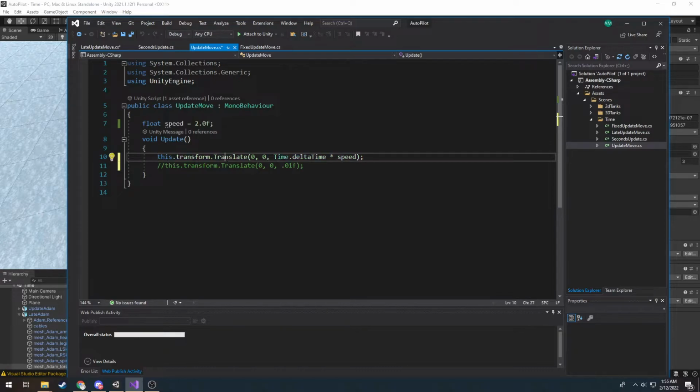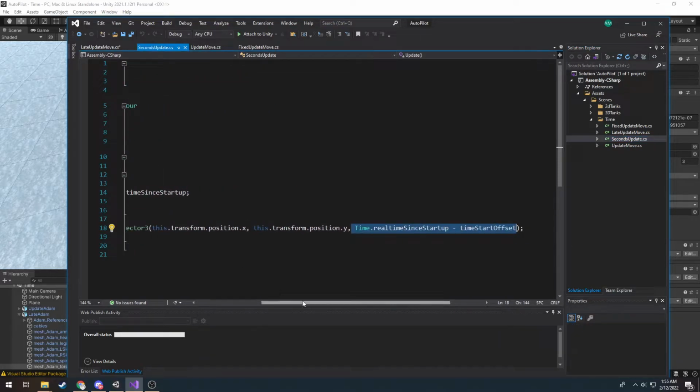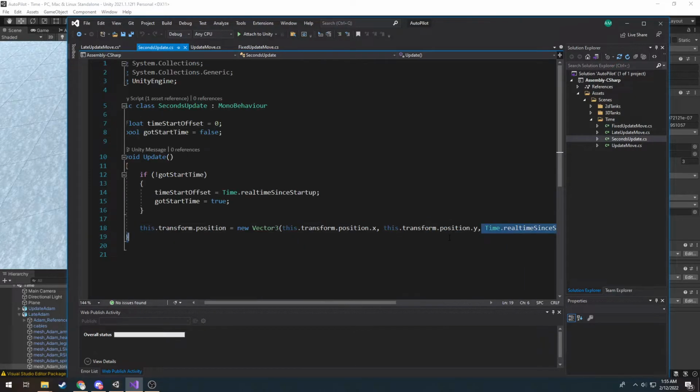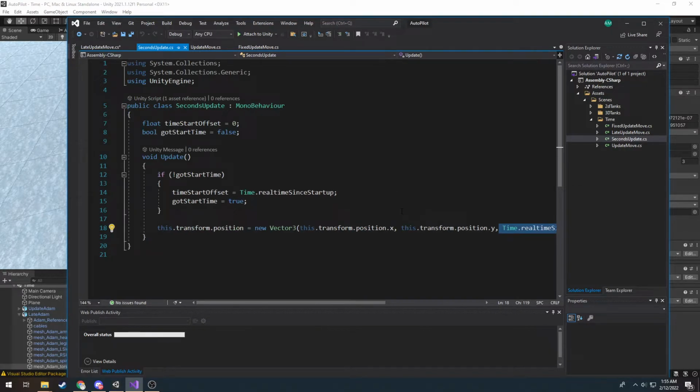If we move them all by time, the way Seconds Update works is that it's going to find the start time, and then we're going to set the position of our atom using the real time since startup minus the time start offset. This time start offset is just 0 at the moment,